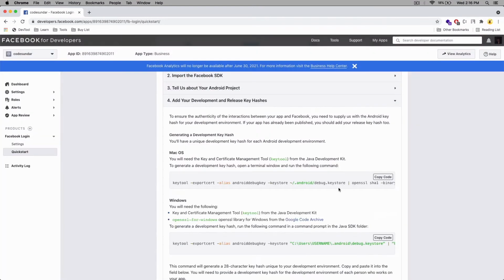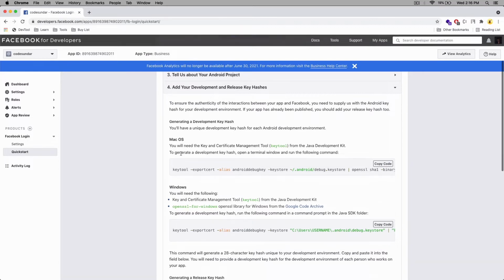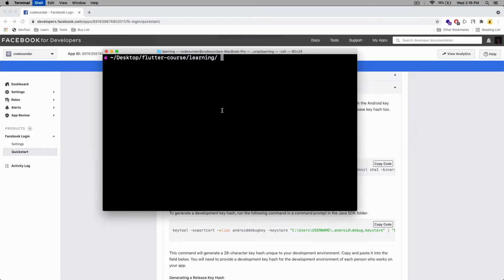Click continue. Next we have to generate the key. In case you are using it in production, you have to use the production key. Right now we can use the test key. To generate the test key, in case you are on macOS, you have to execute this code. Otherwise you have to execute this one in case you are on a Windows machine. Here I'm going to copy this one and paste it here.